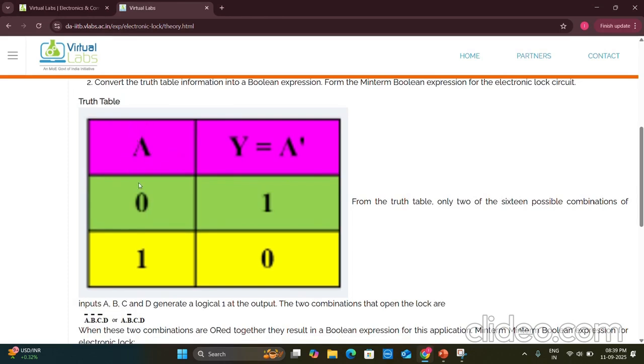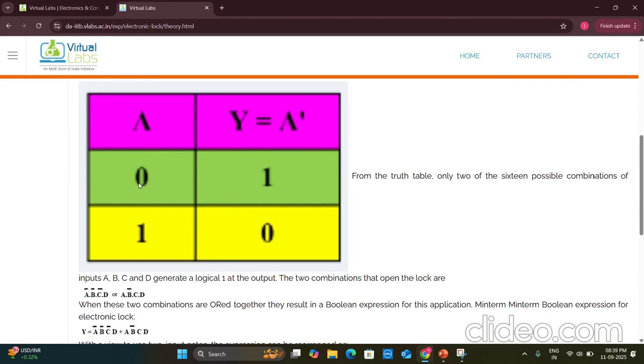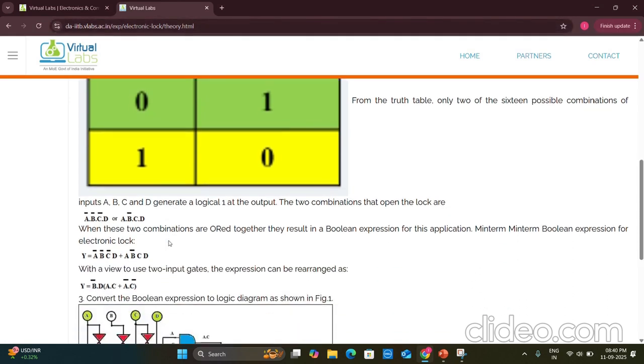I hope you all know about this, so just go through this truth table, and from the truth table only 2 of the 16 possible combinations of inputs, that is A, B, C, D, generate a logical output of 1. The 2 combinations that open the lock are A bar, B bar, C bar, D, and A bar, B bar, C, D, where bar represents the complement of A, B, C, or D. And the next step is, when these 2 combinations are read together,